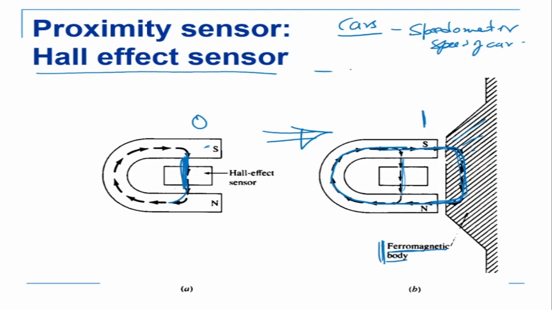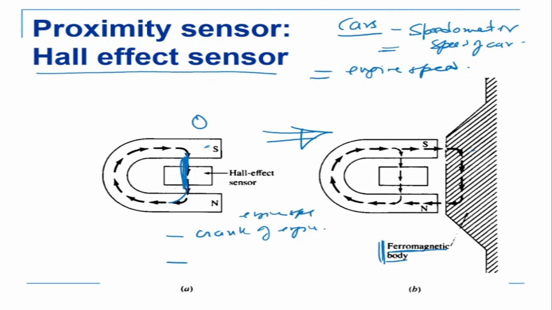And there's another one that senses engine speed. So both of these are displayed. For example, if you press the clutch and the car is not moving but the engine is running, then it will show you the engine speed. But if the clutch is engaged and the car is moving, then the speedometer will show you the speed of the vehicle in kilometers per hour. And how is that sensed? That is essentially sensed by using a Hall effect sensor, and the Hall effect sensor is fitted onto the crank of the engine, and it senses the rotation of the crank. So this gives you the engine speed. And it is also fitted on the gearbox.